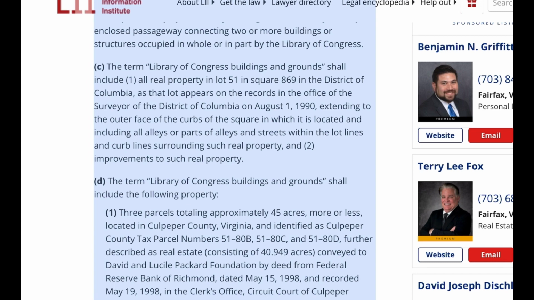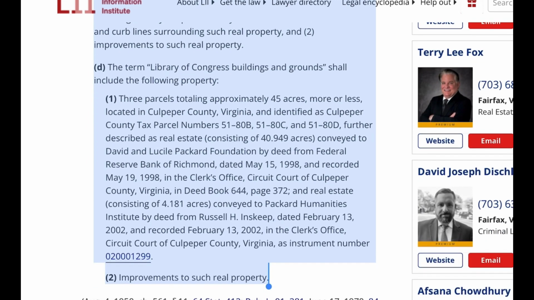D. The term, Library of Congress buildings and grounds, shall include the following property. 1. 3 parcels totaling approximately 45 acres, more or less, located in Culpeper County, Virginia, and identified as Culpeper County tax parcel numbers 51-80B, 51-80C, and 51-80D, further described as real estate, consisting of 40.949 acres conveyed to David and Lucille Packard Foundation by deed from Federal Reserve Bank of Richmond, dated May 15, 1998, and recorded May 19, 1998, in the Clerk's Office, Circuit Court of Culpeper County, Virginia, in Deed Book 644, page 372, and real estate, consisting